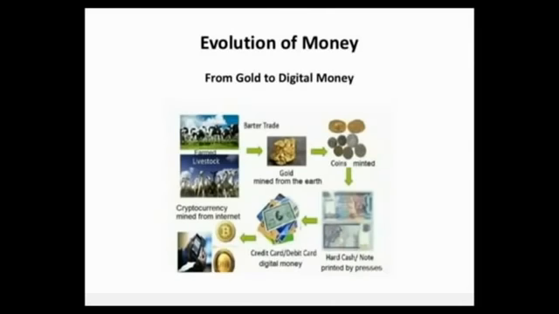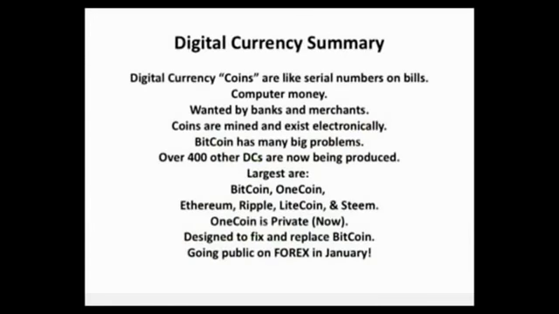Next slide. The evolution of money, pretty simple. We started off with barter, and then somehow they decided gold should be the basis of currency. From that we had coins, and then hard cash into paper money, or fiat currency, like Federal Reserve notes. And then we went to digital credit cards. Credit cards are actually a form of digital currency, as we use them on plastic. And then cryptocurrency would be the same as a credit card, except everything is on a computer or handy on your cell phone.